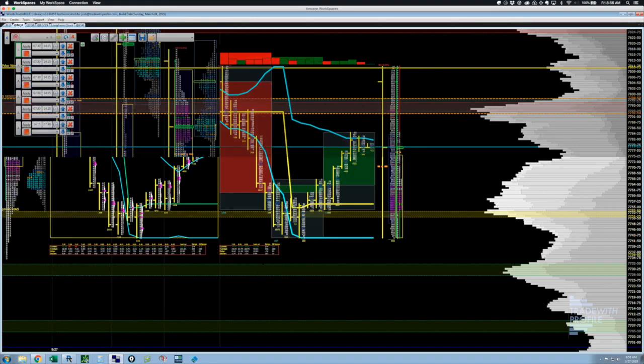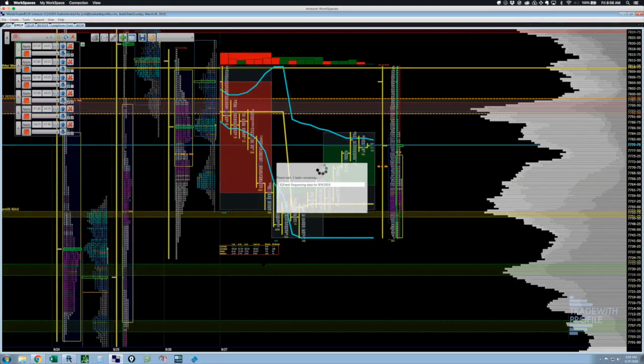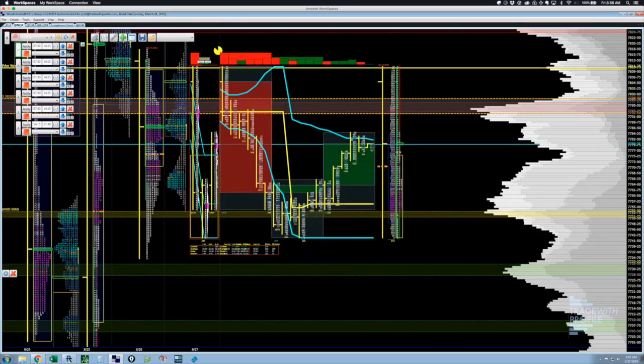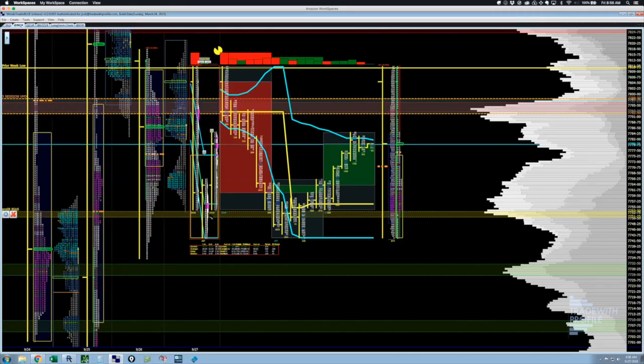Let's see what this. Oh, they might. They just might. Man, the delta on this last 30 minutes. That's why I'm pulling this up. You had 2,257 to the sell side, and now 1,414 to the buy side. So this is not, we haven't changed hands of control yet. This is what we call responsive buying activity.